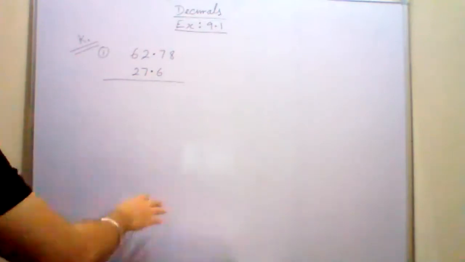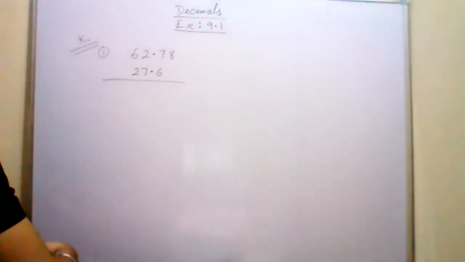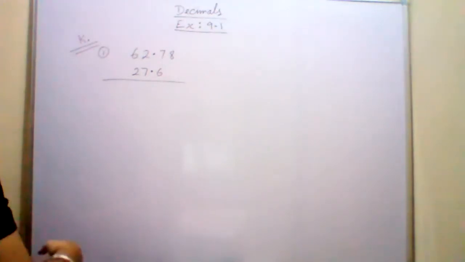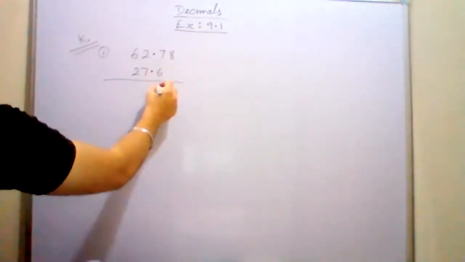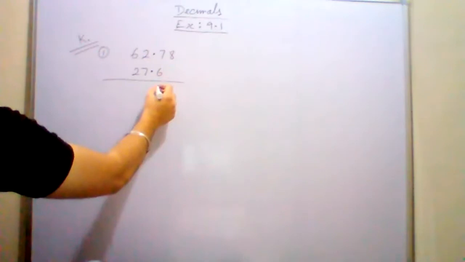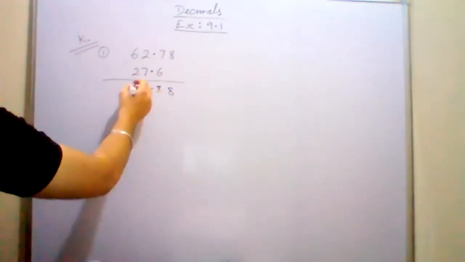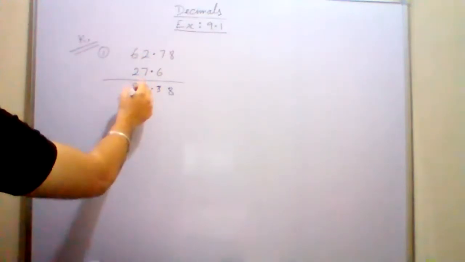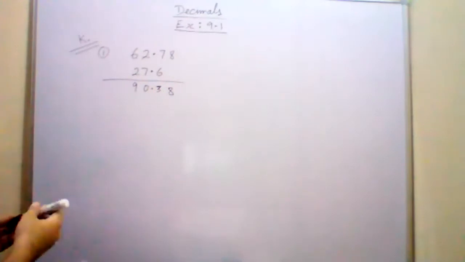Sir, I can do the L part also. I know how to do it. Yes, yes. Sir, Payas Gupta present. Now add the numbers. 8, 3, 1 carried, 0, carried 9. 90.38. Okay, yes.